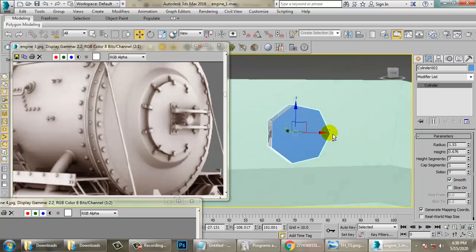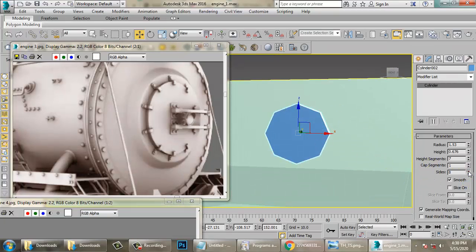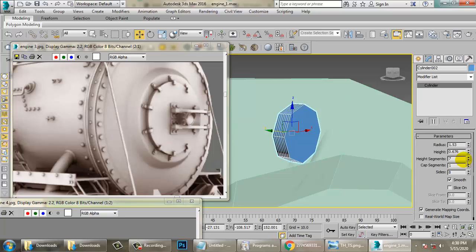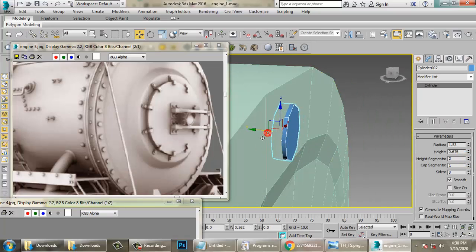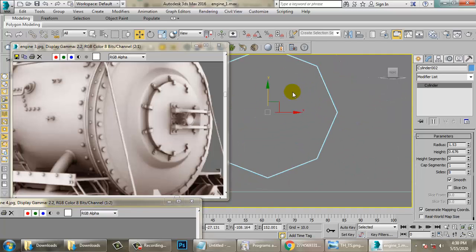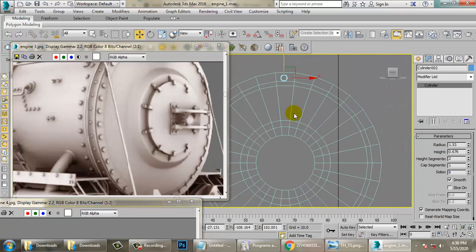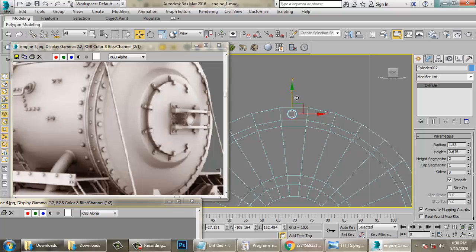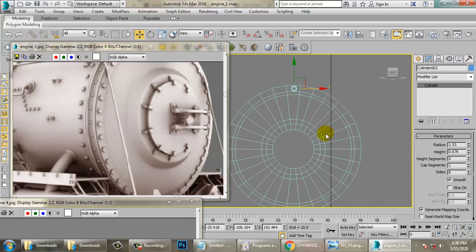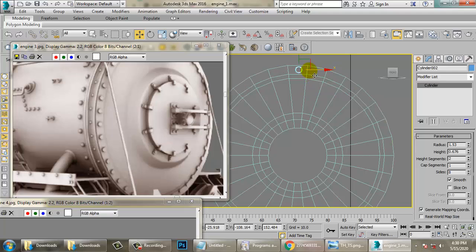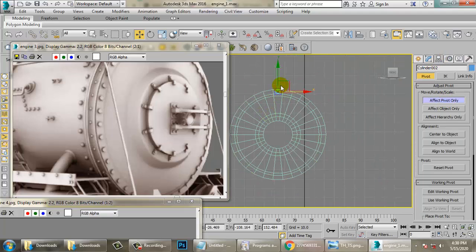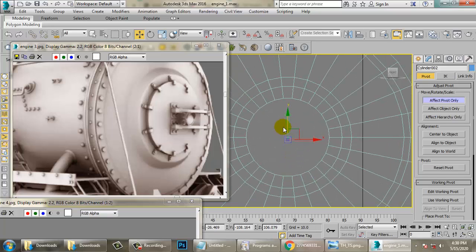We just require 8 sides, and I'm also going to reduce the height segments and push it up. Now I'll go into affect pivot only and push the pivot to the center of this.